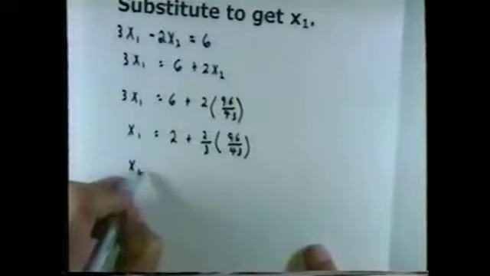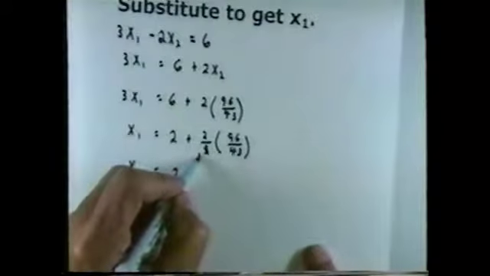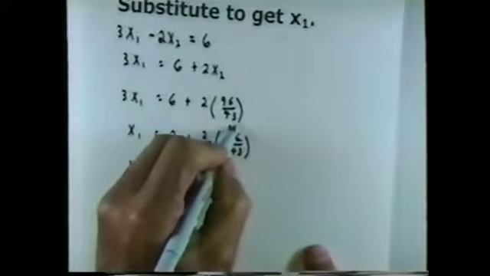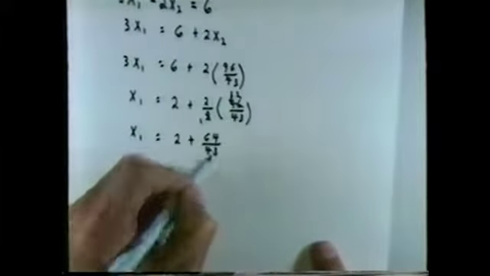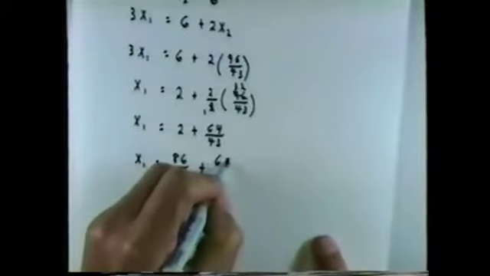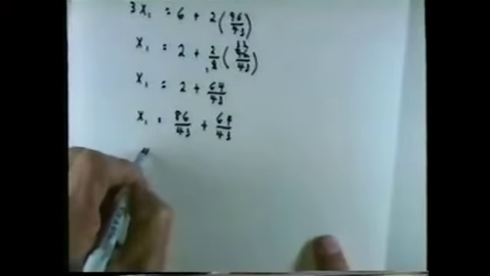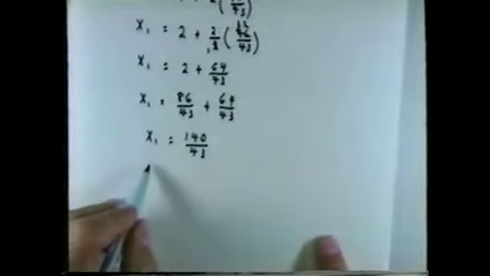Or I get that x1 is equal to 2 plus, I can reduce, 3 going to 3 one time, 3 going to 96 32, that's going to be 64/43, or x1 is equal to 86/43 plus 64/43, or we get x1 is 140/43. So our solution would be